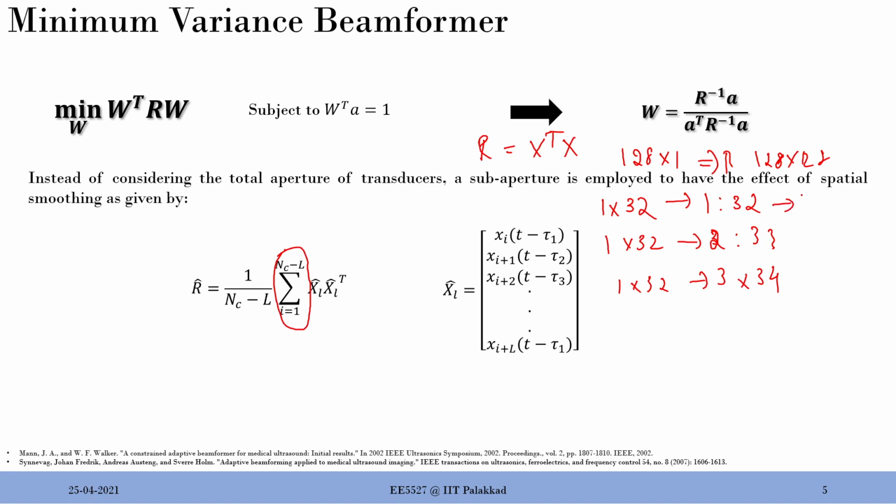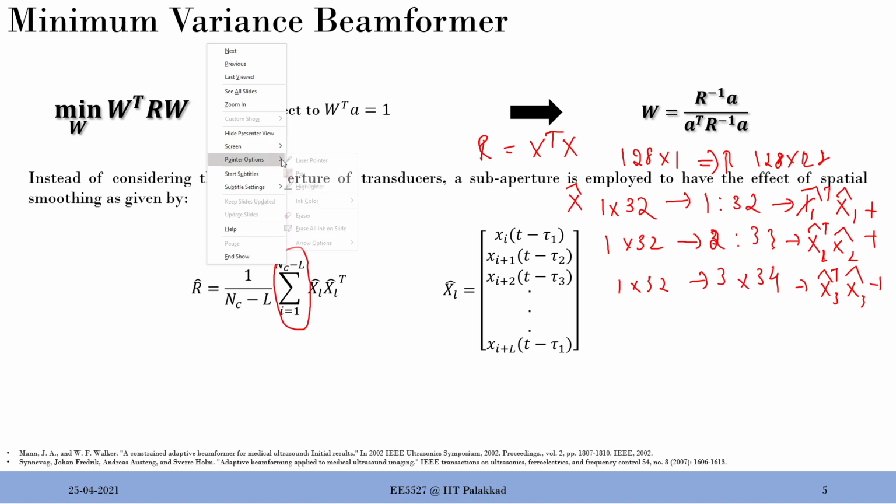and then you basically sum them up for all these cases. So for each of the cases you find, let me call this x hat, you all the time find x hat transpose x hat. This is also x hat transpose x hat. This is another x hat transpose x hat. Let me call some name to it. Let's call this x1, first subaperture. So this is x1, this is x2, this is x3, and so on, and finally you need to add all of them together. That's what the summation says.